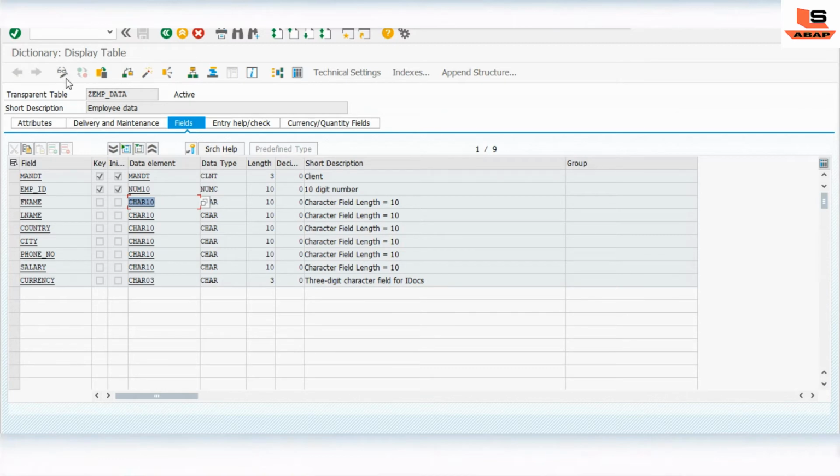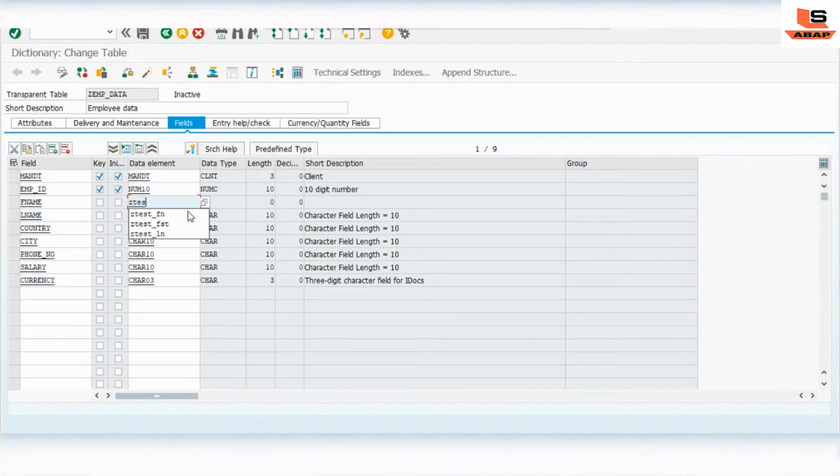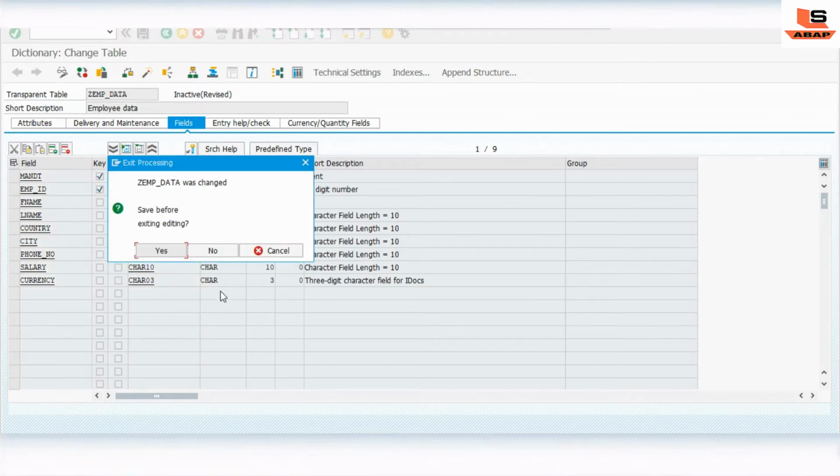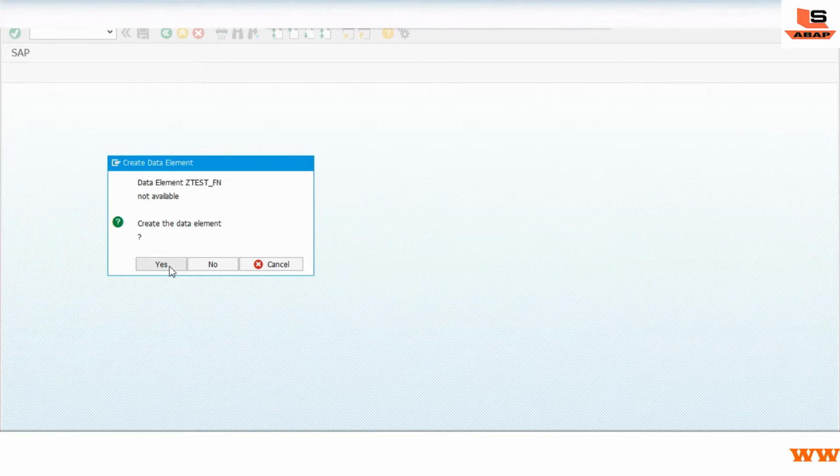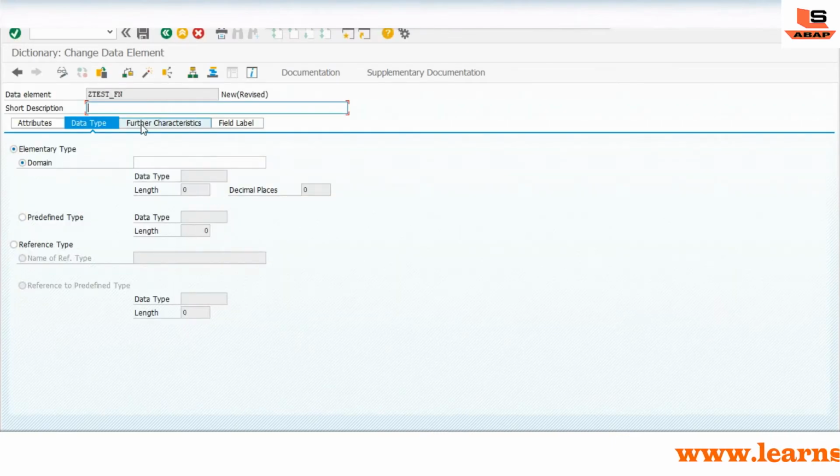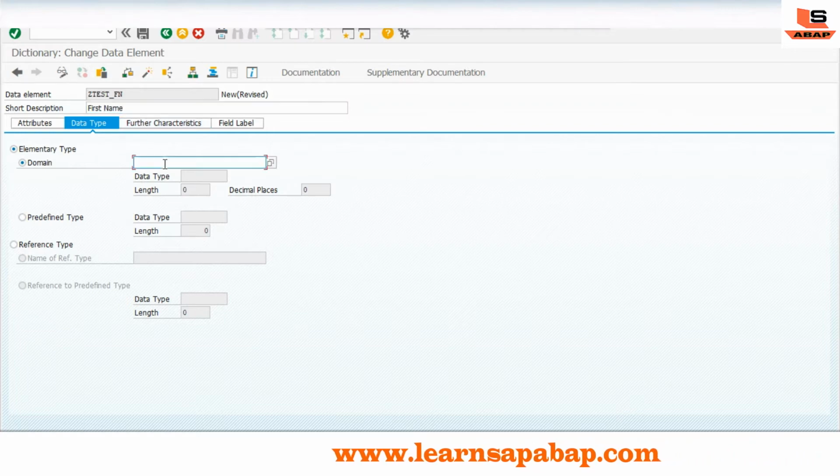So let me just click on this. Here I will type Z test underscore FN, and click yes. Give the name as first name, and here we will give character 10.